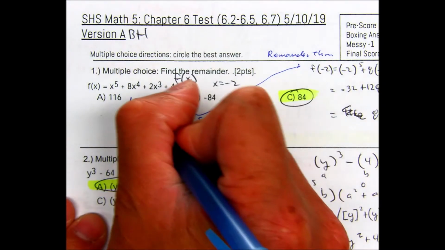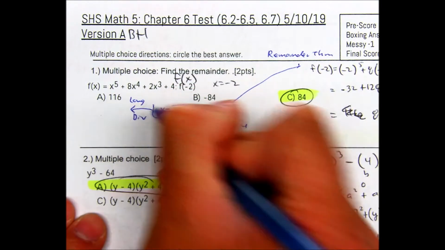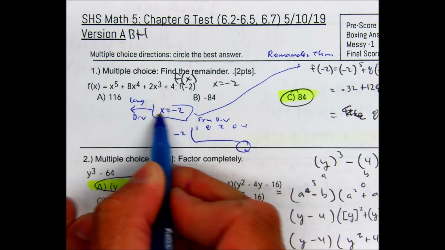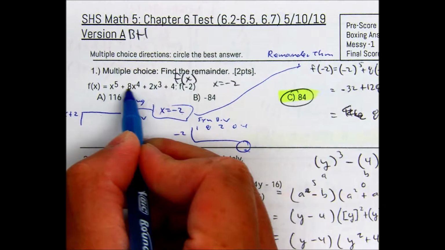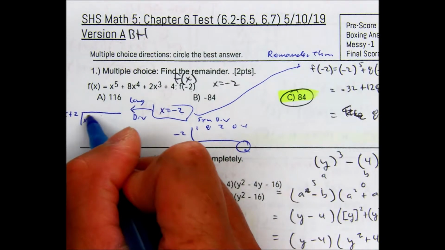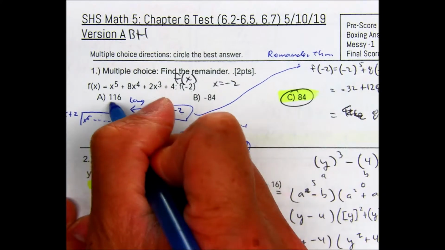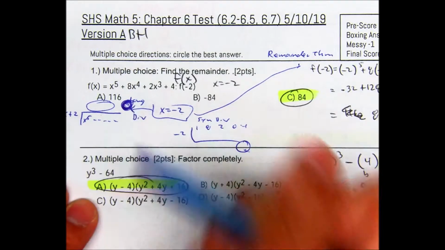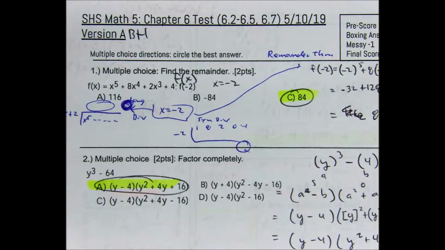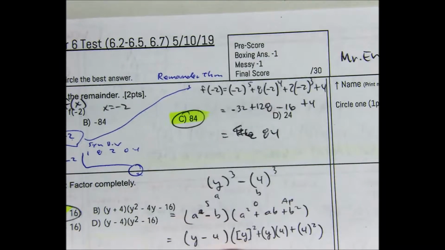Another third way that you could have done this problem, which I would not recommend, is using long division. What could you have done? If you added 2 to both sides, then your long division would have been x plus 2, and then you have all of this. And then whatever is your remainder at the very end would be your answer. Does that make sense? So 3 ways to do the problem, but I think the easiest is to use the remainder theorem. So if I put in negative 2 there,